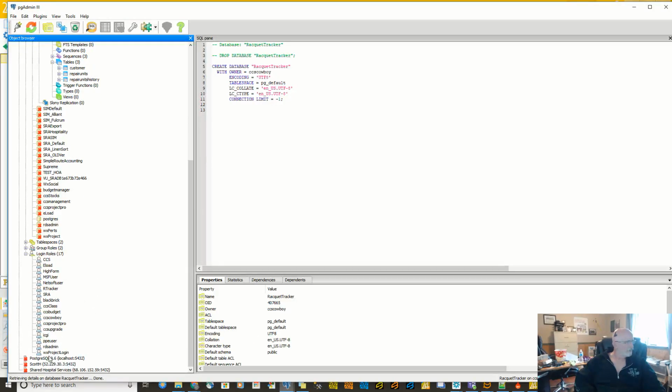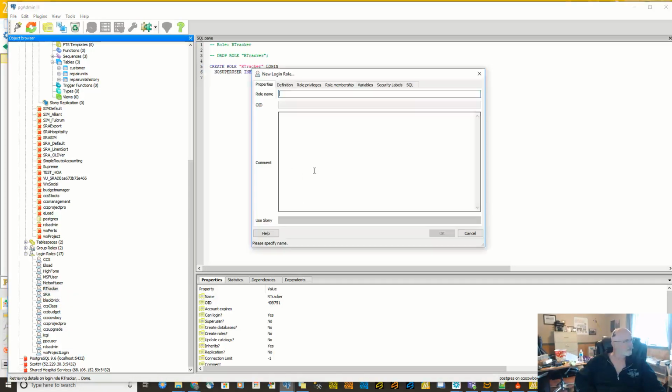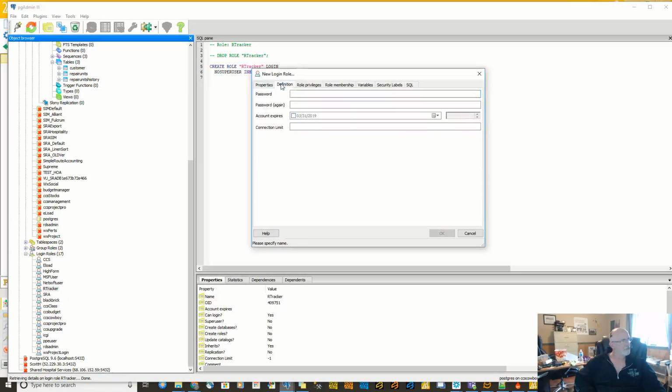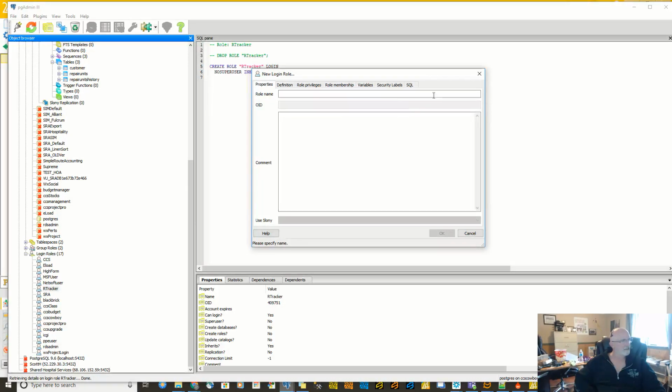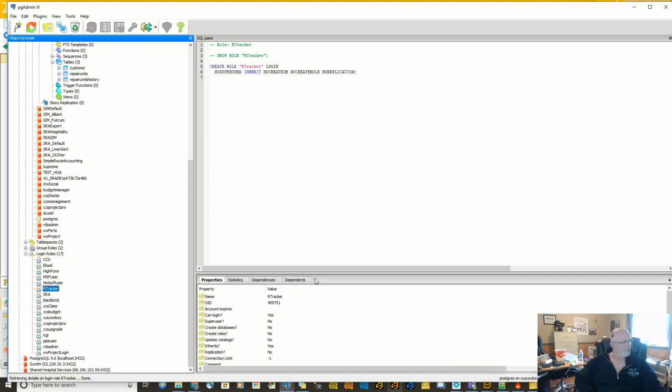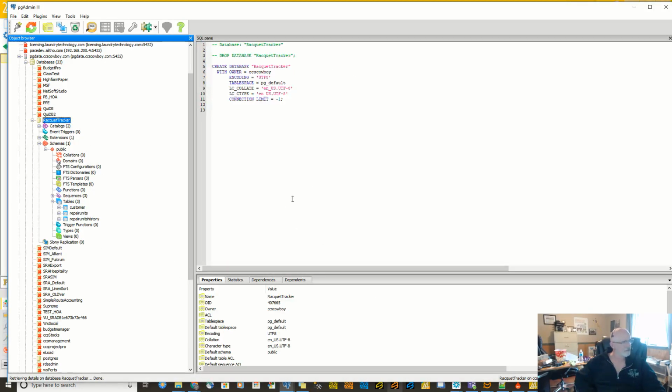Table-wise or database-wise, there's a couple things that we had to do. First of all, we had to create the user ID, which is right here. And the way you do that is just do a new login role. We put our tracker in a role name, and we put the password with it and everything, and created it. And then we have three statements to run to give them access to this database and this database only. And the way that is just